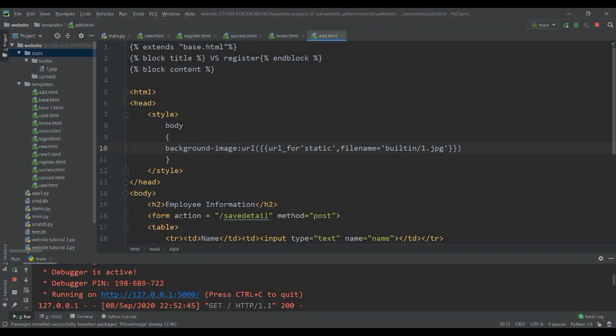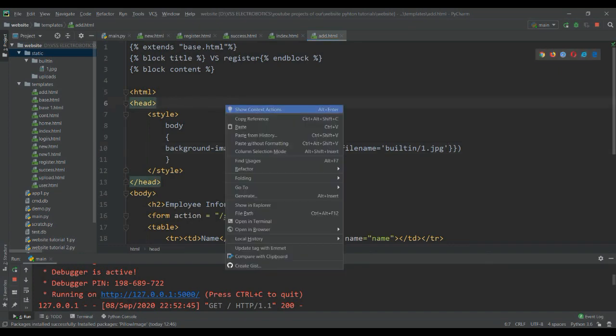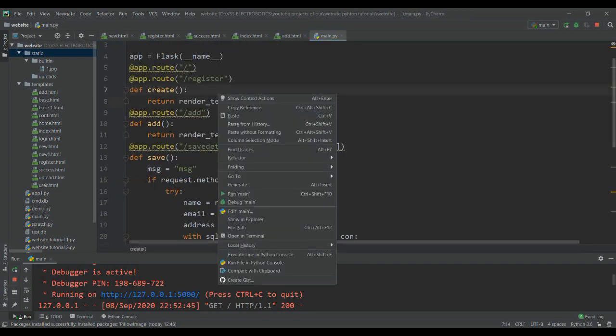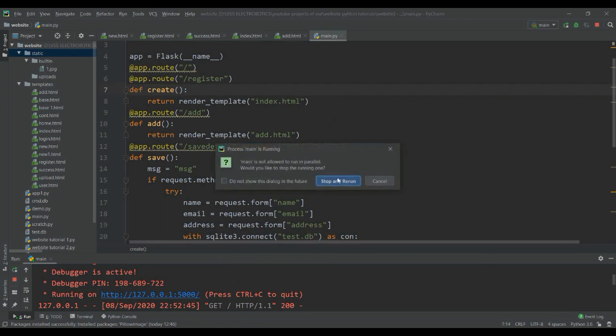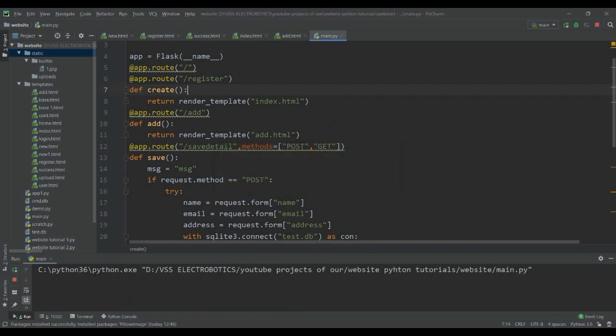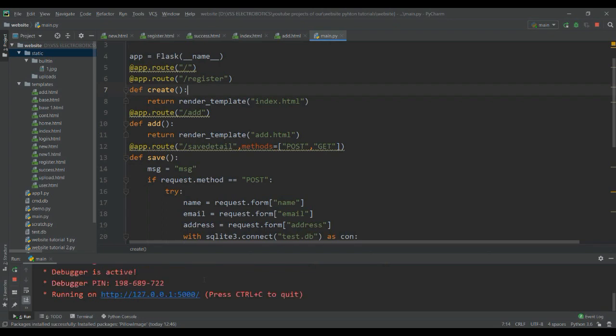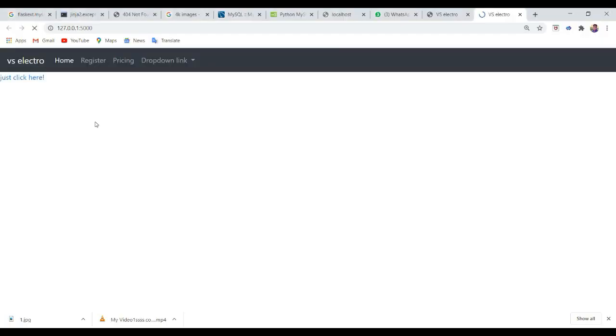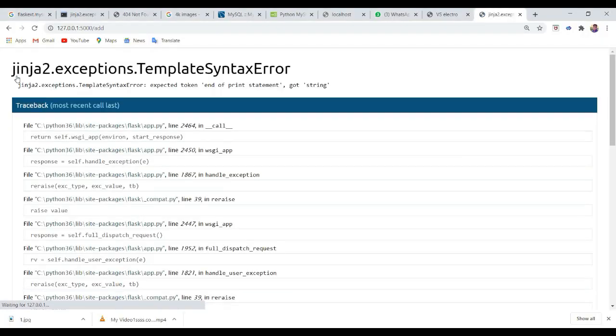So shall we run this thing? Let's go to the main file, stop and run. Let's go there. Just click here.